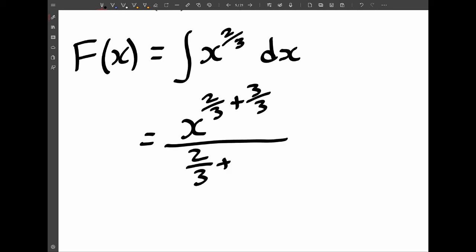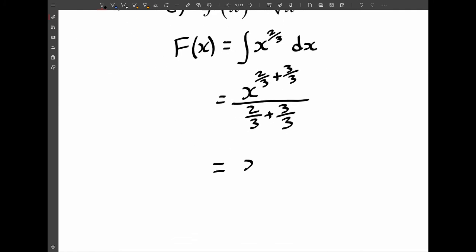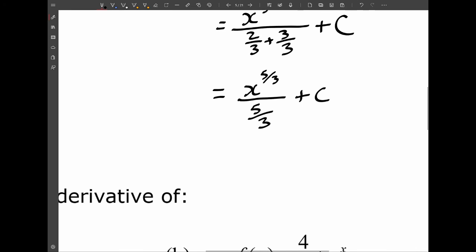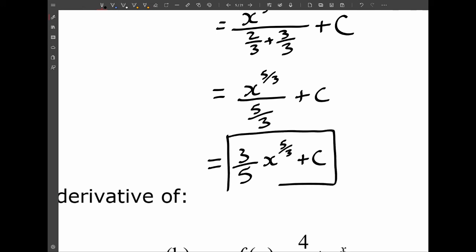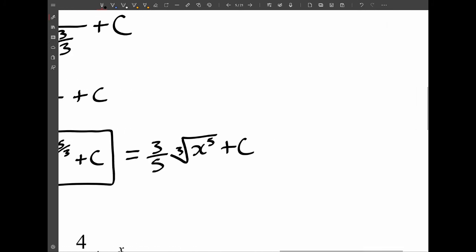And divided by 2 over 3 plus 3 over 3, which gives me x to the 5/3 all over 5/3 plus c. But that's super gross. I don't like it. Let's go with 3/5 x to the 5/3 plus c. Or, if you want to put it back in the radical form, you totally can. That would be 3/5 cubed root of x to the 5 plus c,